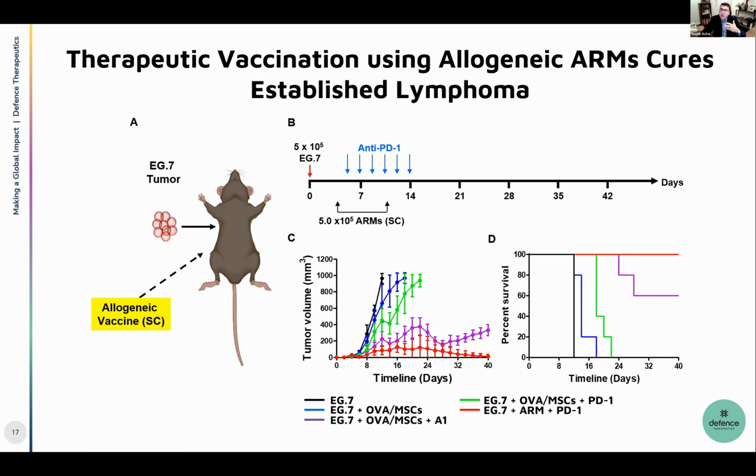cure solid tumors. And additional investigations are undergoing right now to use, for example, B16 lysate, which is a melanoma model, to demonstrate that we can use lysate to cure a specific melanoma tumor. The idea here is that if you want to treat a variety of different patients, you have to use their own tumor cells, their own lysate. So this is why we're going to call it a universal semi-personalized vaccine, where the cell is universal to everybody, but the tumor lysate has to come from the patient himself to be able to activate the immune system